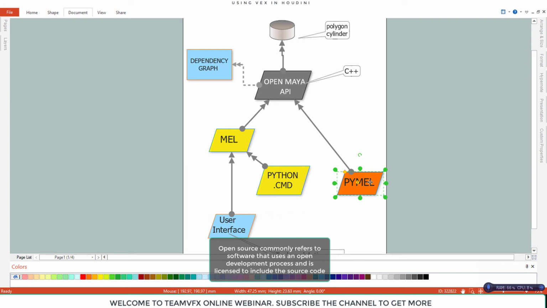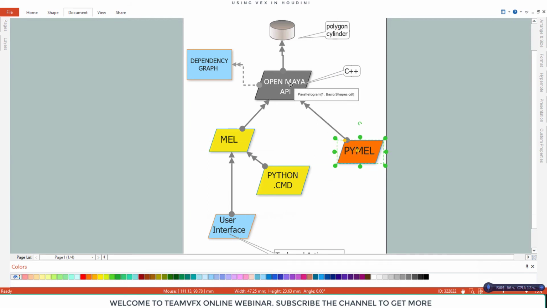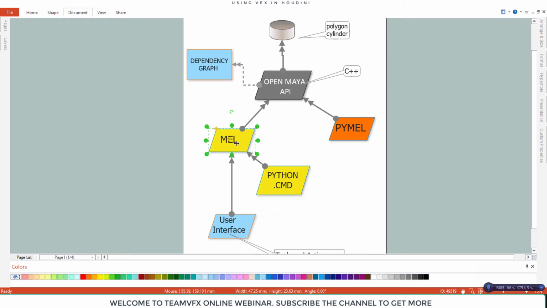very fast and it's very Python related. It's not wrapping MEL in any way. It's directly connecting with the Maya core structure. So if you are using PyMEL, then it's better than using MEL. I'd say PyMEL is a little better than MEL because it has a very object oriented concept, and MEL generally runs on strings, so we have to manipulate a lot of strings for creating or modifying any object. So that was the whole concept of the Maya structure.